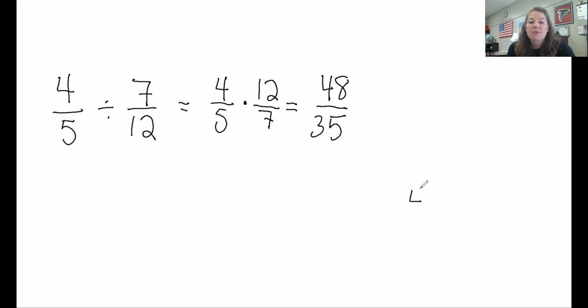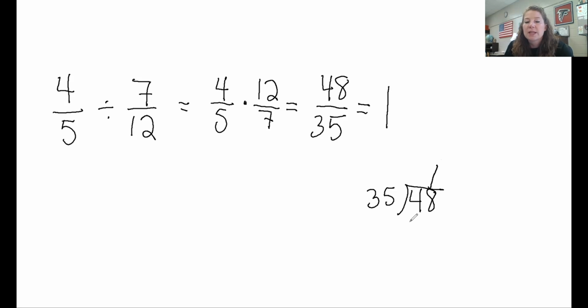So we turn improper fractions into mixed numbers by dividing the top number by the bottom number. In other words, we're dividing the numerator by the denominator. So how many times will 35 go into 48? Well, 2 is too much, so only one whole time. Only one whole time, and 1 times 35,